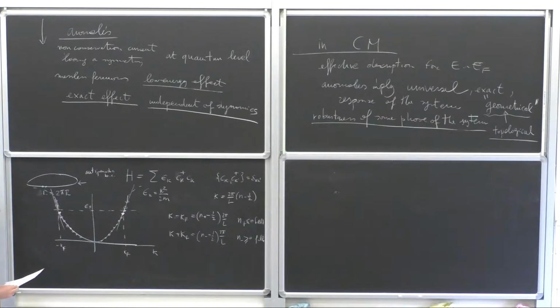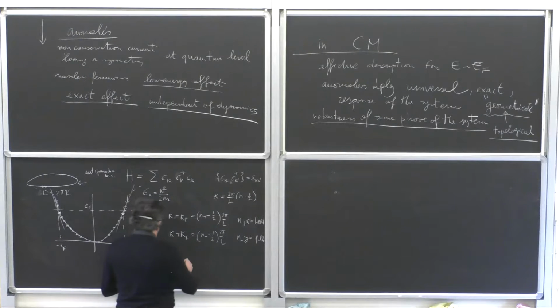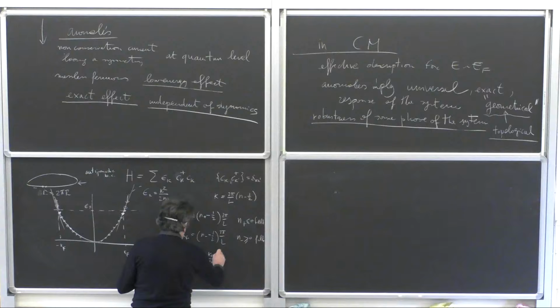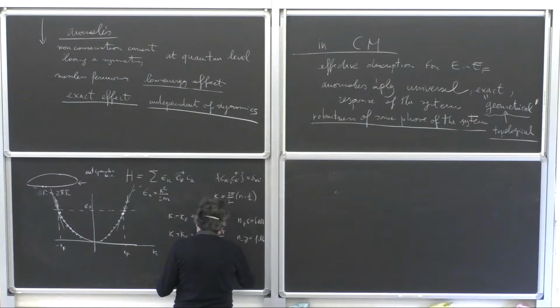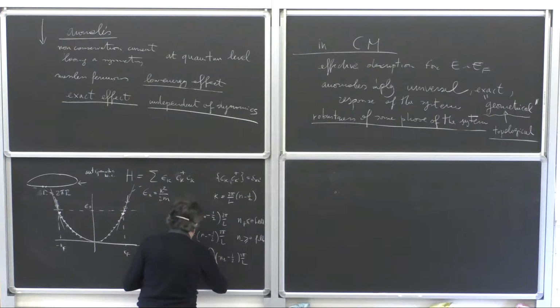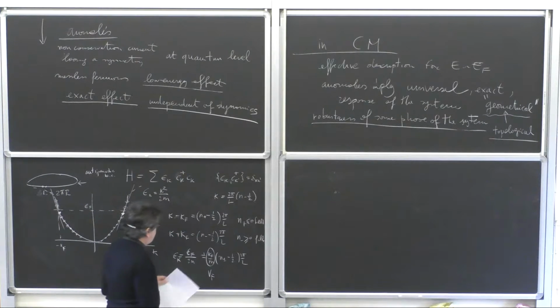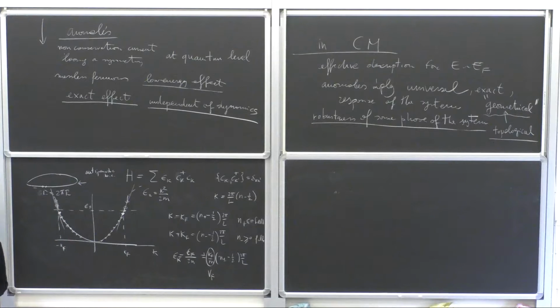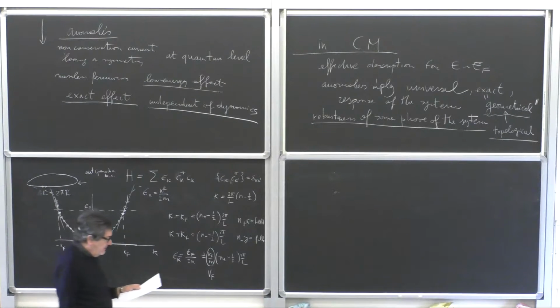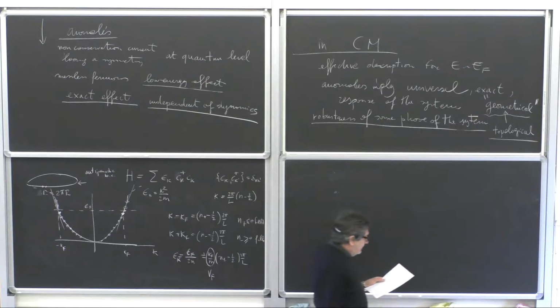So the energy is, of course, Fermi energy plus or minus kf over m times plus minus 1/2 2 pi over L, and this is the Fermi velocity. That you know, right? So let me do now a simple thing.